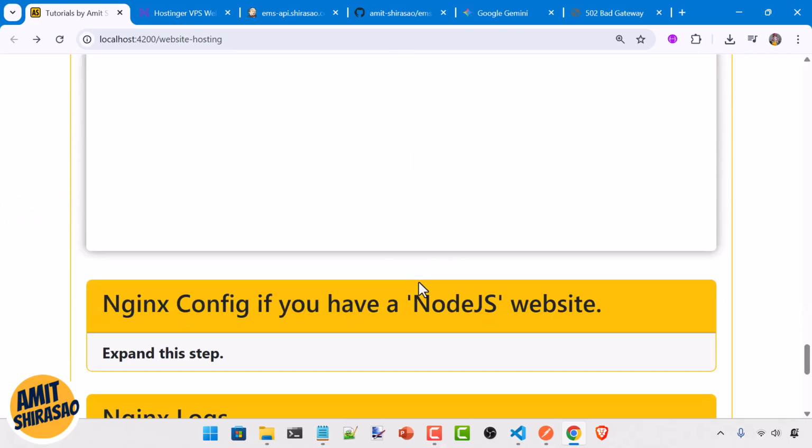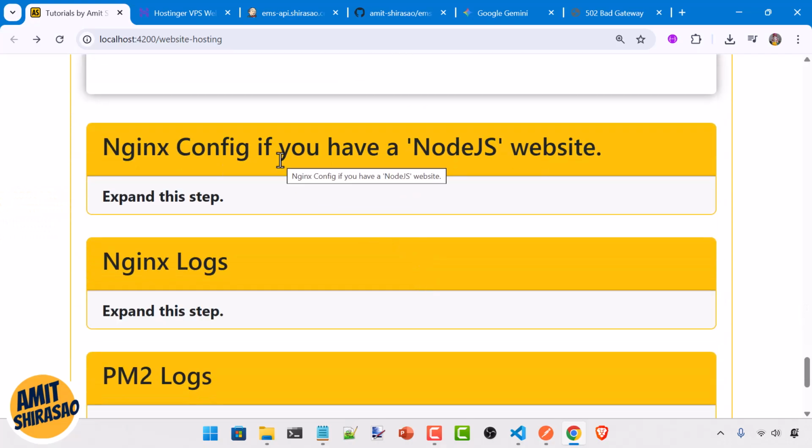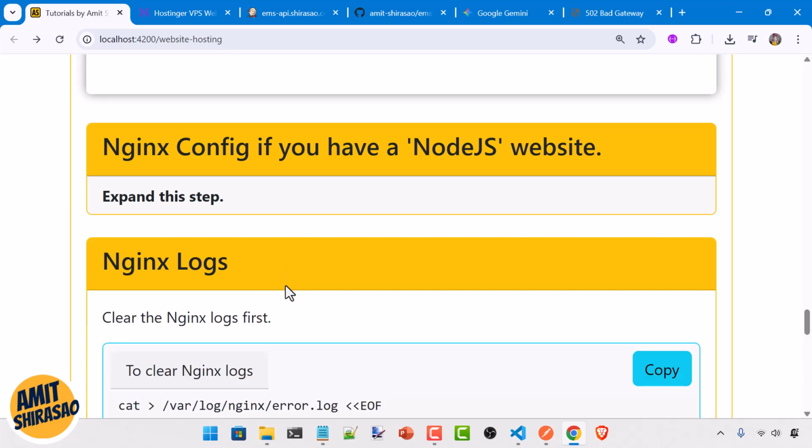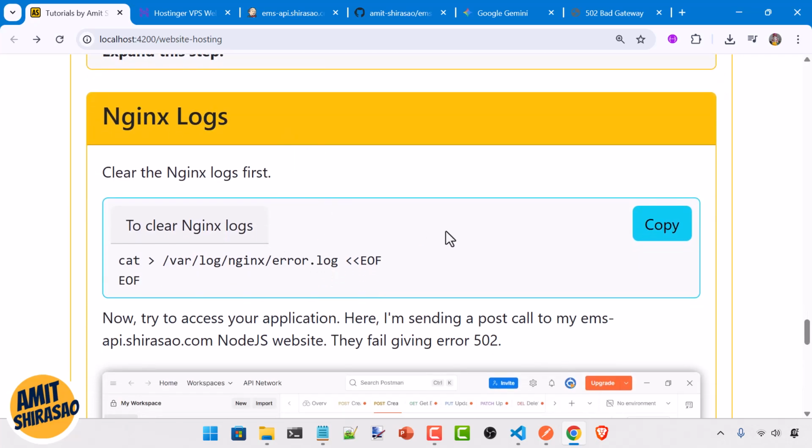So debug now. First of all, this configuration I have set up already. Then you check the logs. So if I go to logs, first of all you clear the logs. If at the end of the file I don't write anything, that means the logs are cleared. I'll show you this in practical here. Where is this? Let me go here